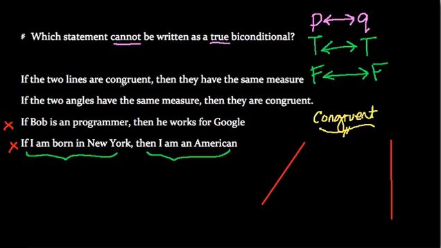Well, that's usually true, right? If they're congruent, then they have the same measure. That's fine. However, if two lines have the same measure, does that mean that they're congruent? No, absolutely not. Let's say I have a line that's crooked and forms some kind of angle. So here, this line could be equal in measure, right? If two things have the same measure, that means then that two lines are congruent. So no, it's not guaranteed.